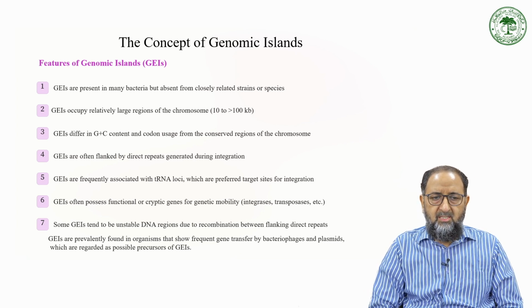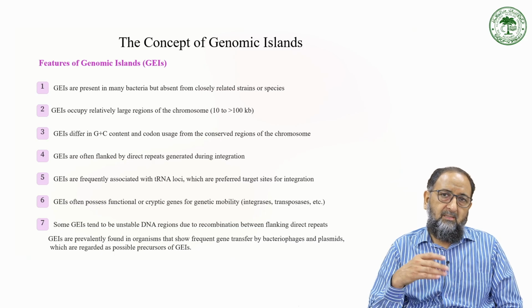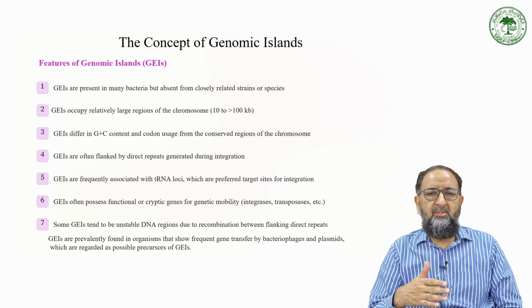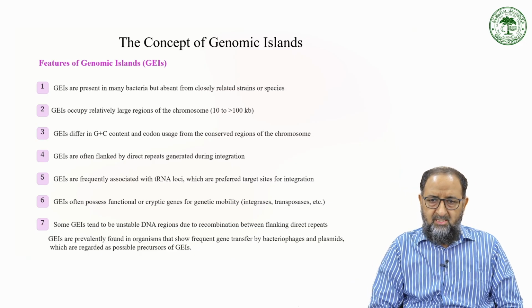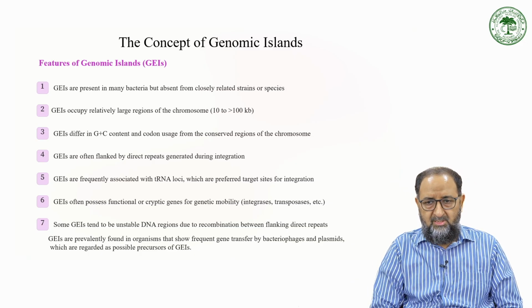So these islands are basically functional islands that help in mobility, or they can move from one genome of the bacteria to another genome with the support of the integrase and transposase enzymes,